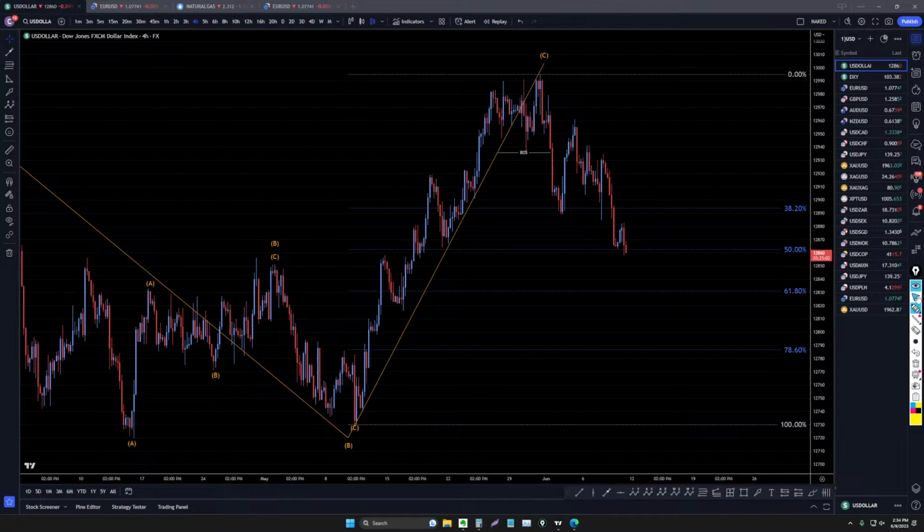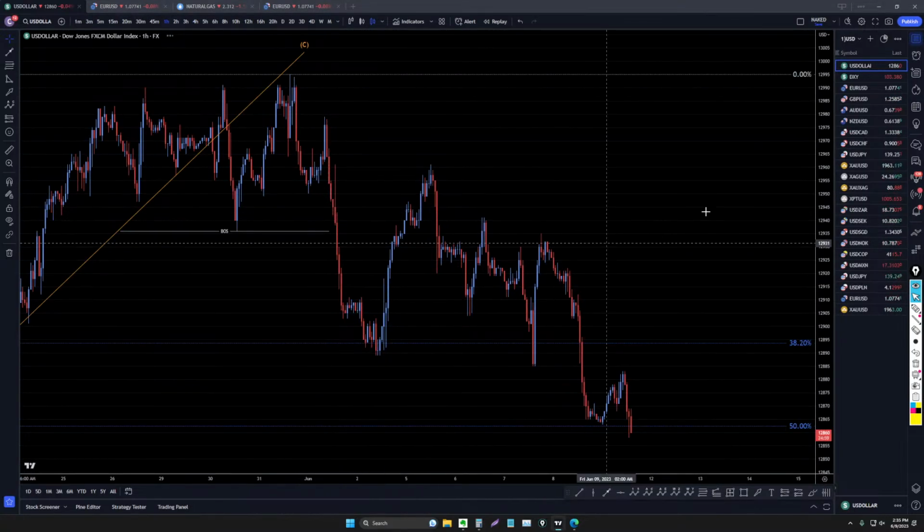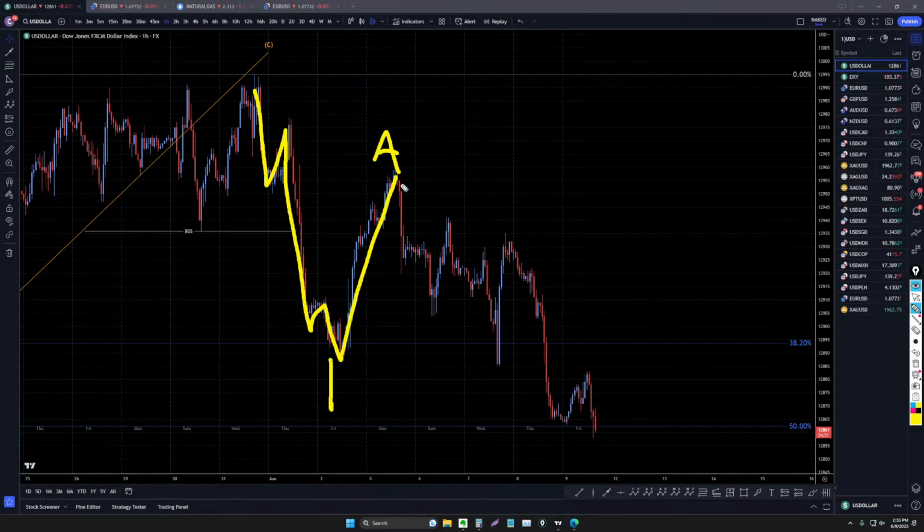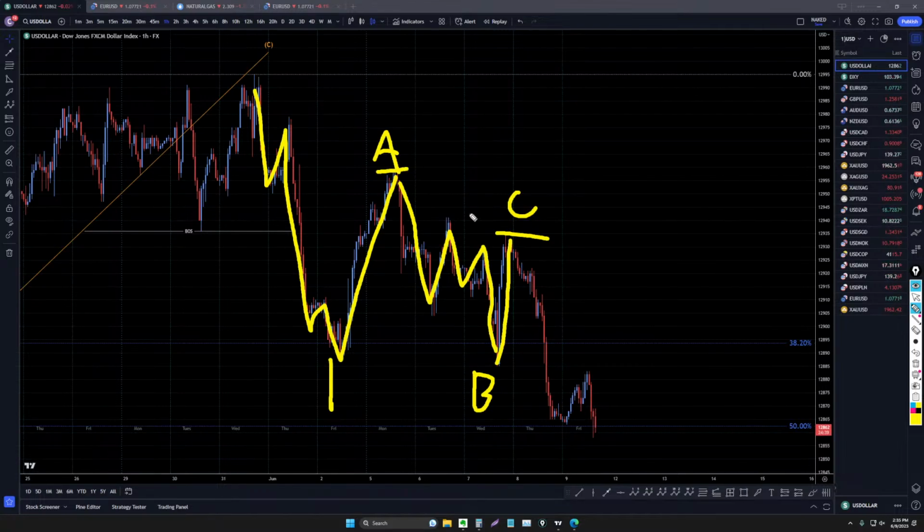So let's take it right down to the 1-hour time frame. Now you can start to see this downtrend right here. I think it's a 1. This is definitely an uptrend. I think it's an A. This is very, very clearly 3 waves down right there. That makes this a B. This is also an uptrend, making that a wave C. Yes, the wave C is a much lower high than the wave A, but that makes that an irregular ABC